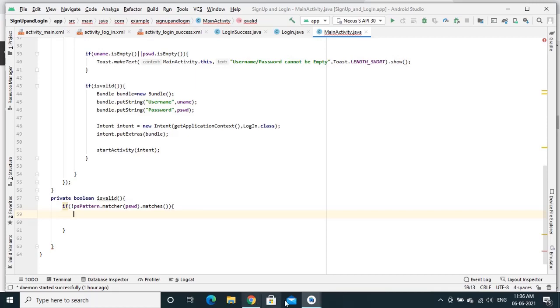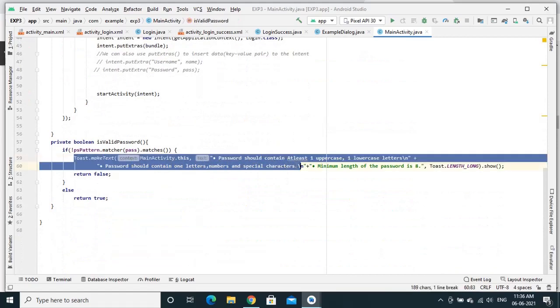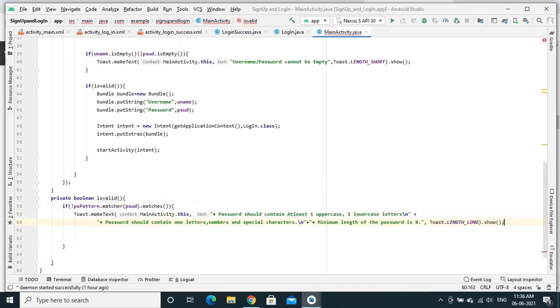The toast message we have here already, I am just taking it, which will print the entire required rules or requirement for the given password, which will have at least one uppercase, lowercase, and one special character, and a minimum of 8 characters.